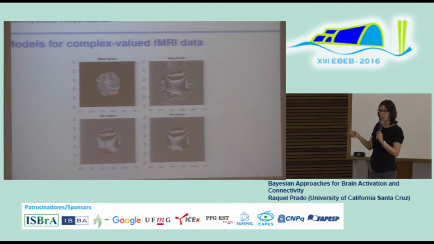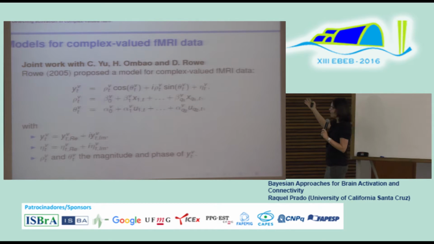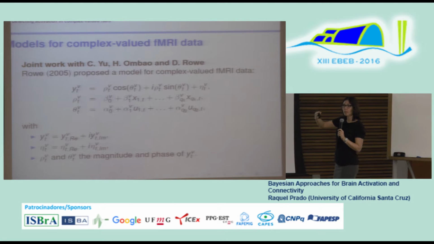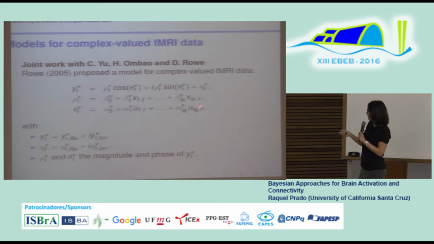This is the phase. You can also think of it as, well, this is my real part of the image and my imaginary part of the image. So most studies just look at this. The machines, as I said before, don't even give you this as an output. So we are looking at some data where we have essentially these two. And Dan Rowe, who is our collaborator, has been advocating for the use of these complex valued models for a long period of time. And we are looking at this type of data and just how to look at activation